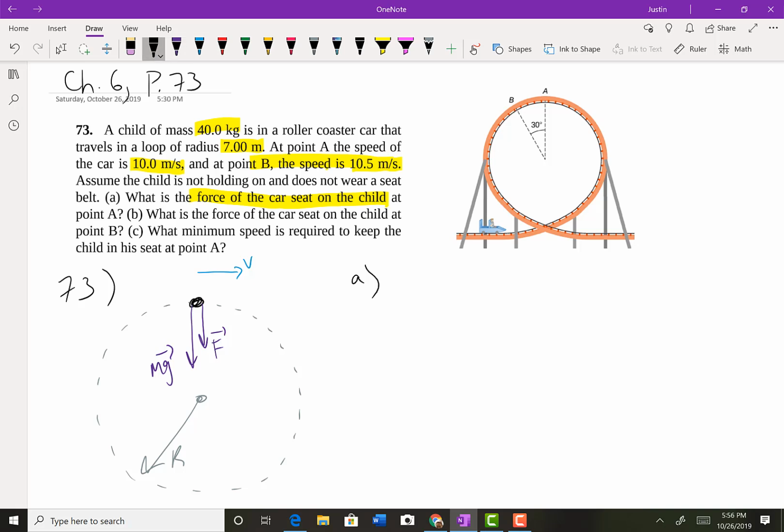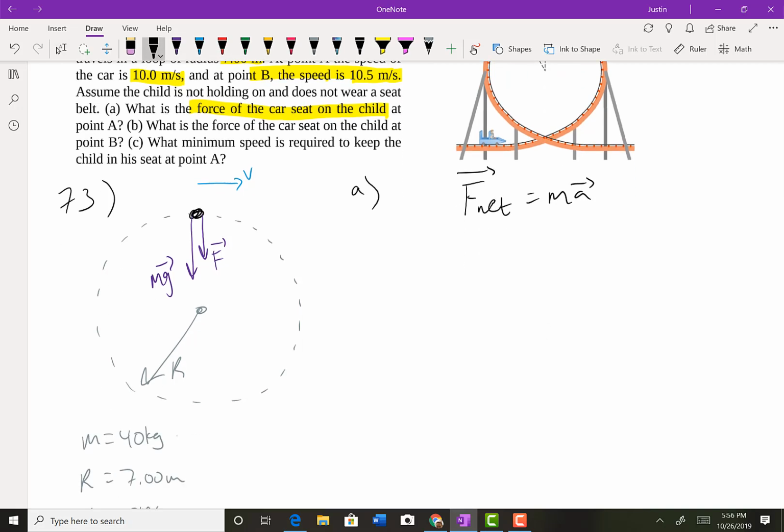All right, let's do it. F net equals ma. That's always the next step, we go to the second law. Just because it's pointing down does not mean we're going to call it negative. If it's pointing towards the center of the circle, it's positive, and if it's pointing away from the center of the circle, it's negative. That's the best way to do these kinds of problems. Forgot the N. So F net is just the normal force plus mg